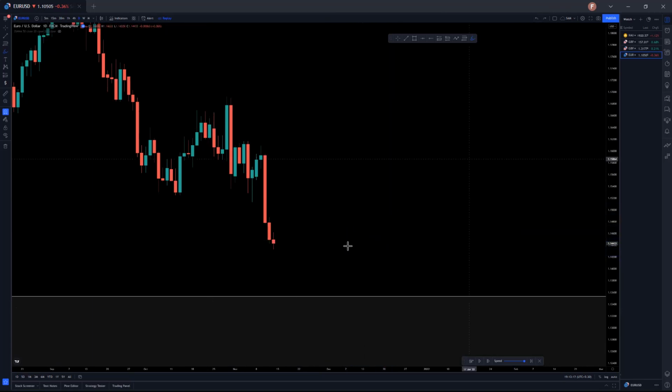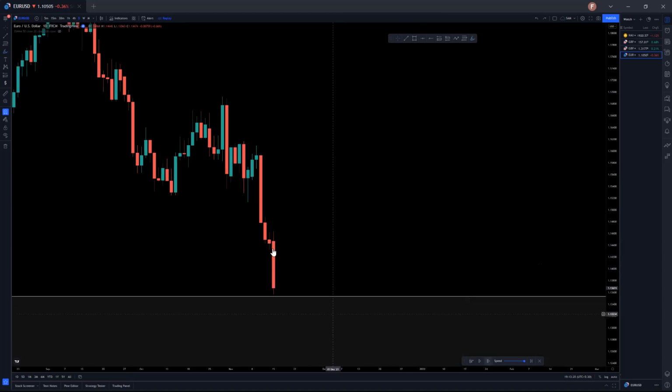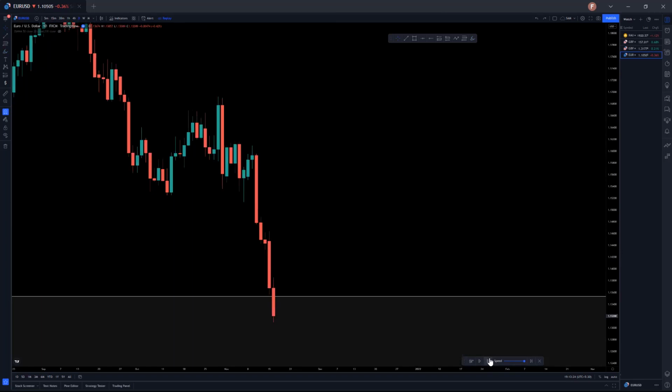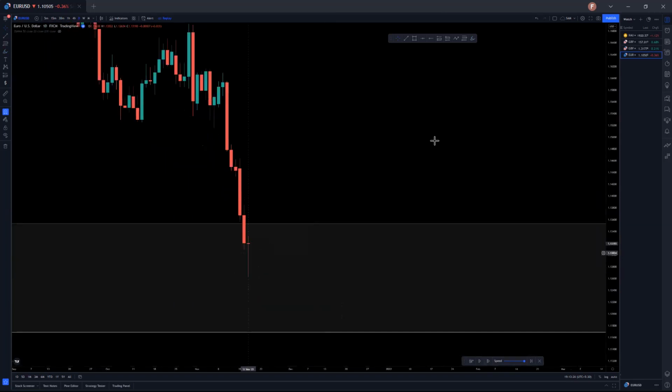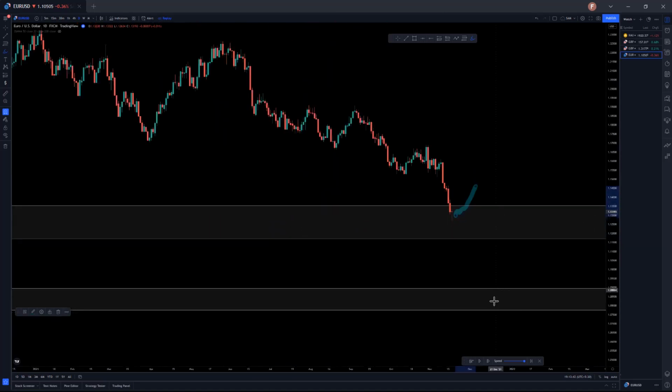Let's see, the next daily was also kind of bearish. So now it is tapping our POI. So now you have to be cautious. Now look at the daily. Look at the daily losing the momentum. You know that this is right at the POI, but looking at the daily, it is losing the momentum, and you can just wait for a little bit of transition and you can take longs, and then price still has room to go down.